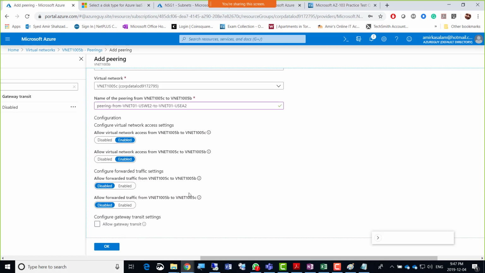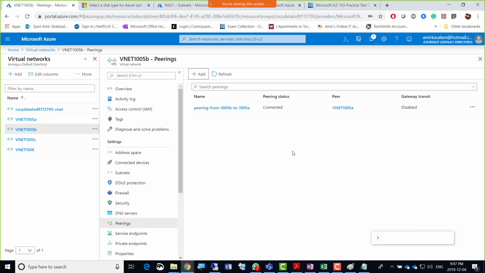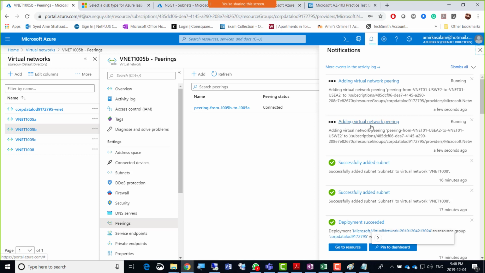So this is how peering is done. We already did that, but this is the answer to that question. When we press OK, it just creates that between those two VNets. So it is still going on here.